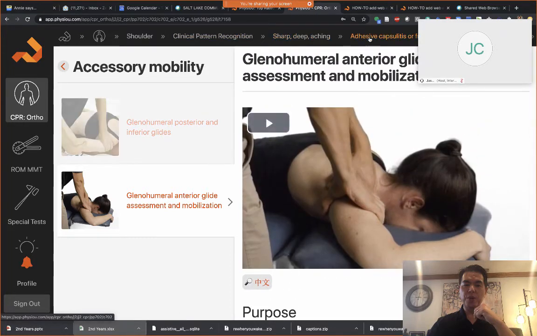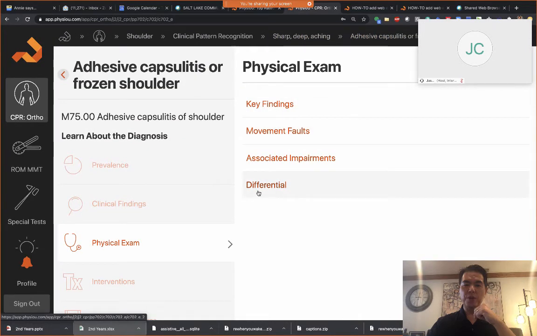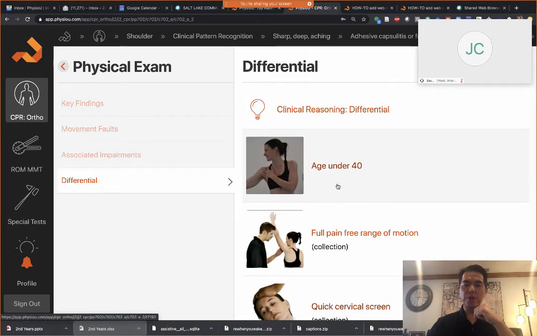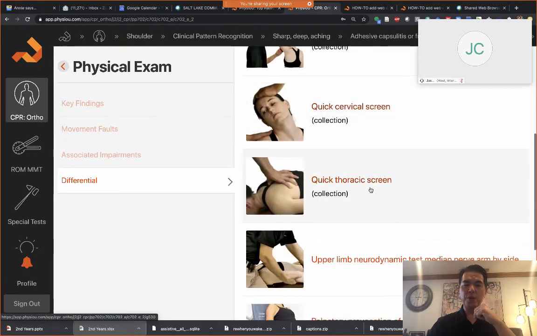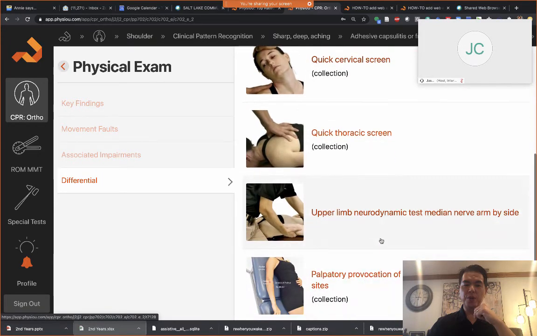And you can also explore what the physical therapist would have done for differential diagnosis, right? Oh, I would have cleared the spine. I would have cleared the thoracic spine or looked at some nerve issues. Think about how powerful it is to see the whole picture, from examination to treatment to therapeutic exercise, and including all of these modalities that you're going to learn about. You can begin to see how this can help you develop your clinical pattern.